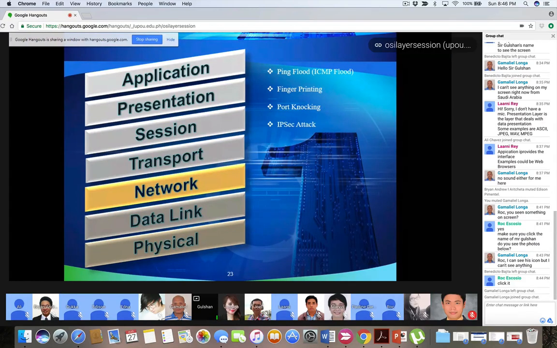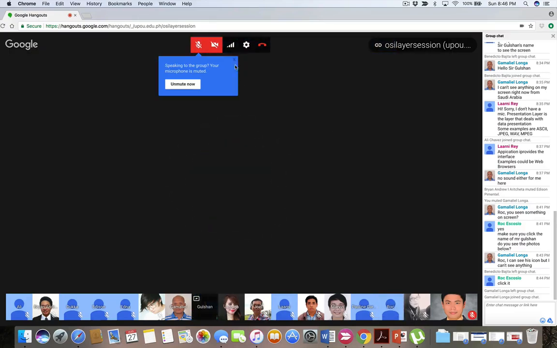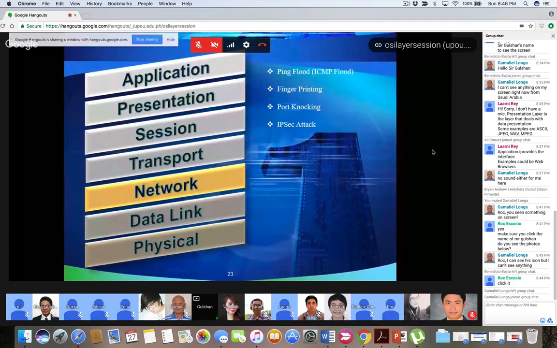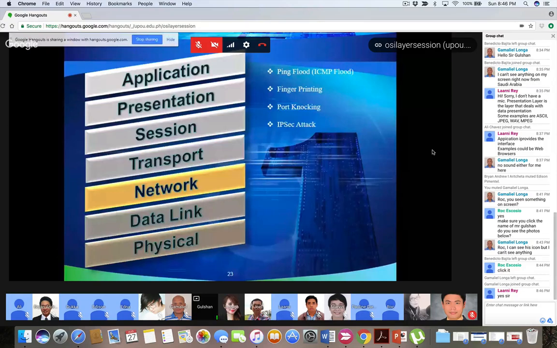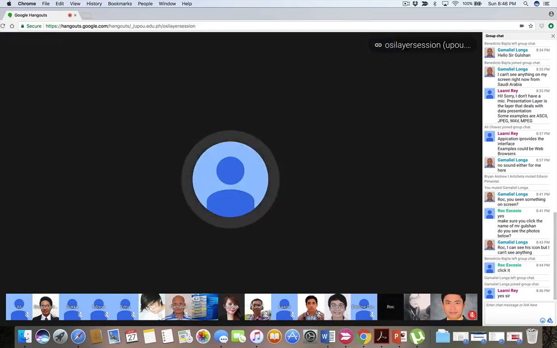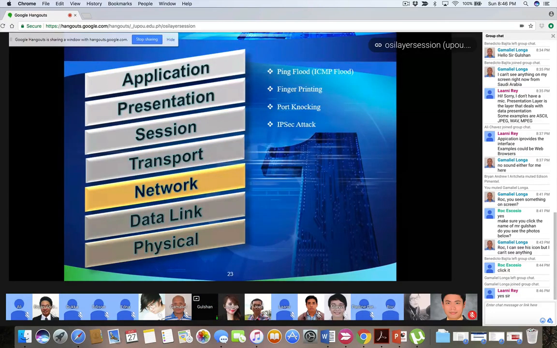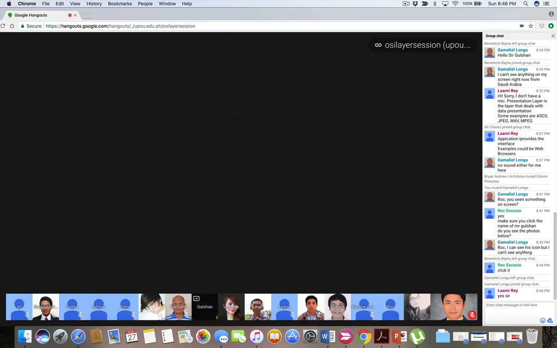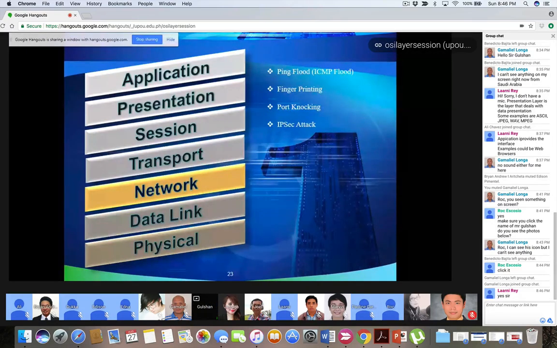Now, when we have an IP address, the attack will happen on the IP layer. Let's say ping. You know ping? What happens when you do the ping? It sends 4 packets of data and receives 4 packets of data. But if someone tries to send 100 bytes of data from 1,000 different locations to one server, what will happen? It will flood the network. It will crash the server.